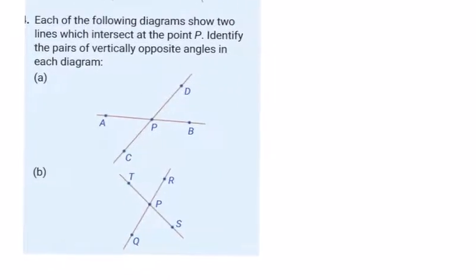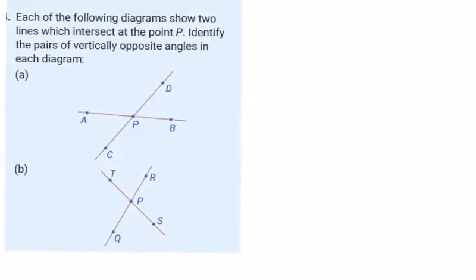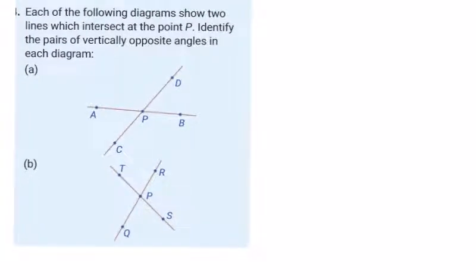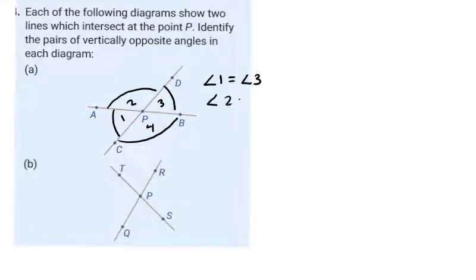In this question, each of the following diagrams shows two lines which intersect at the point P. Identify the pairs of vertically opposite angles in each diagram. I'm going to number them 1, 2, 3, and 4. I'm going to give them arcs for my angle sizes, and in this I'm going to say angle 1 is equal to angle 3. I could give them letters. Angle 2 is equal to angle 4. Angle 1 is angle